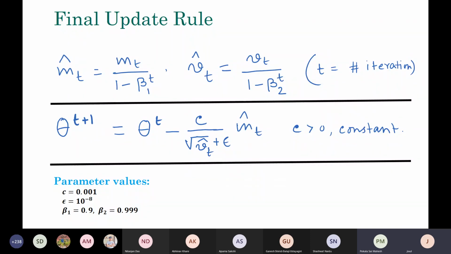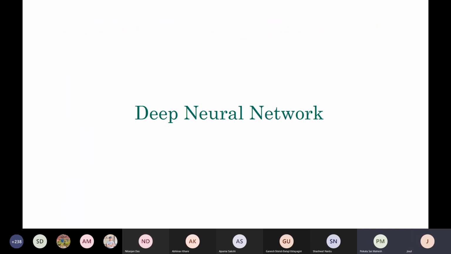All right. So now we try to talk about deep neural network stuff. In the next few lectures, I'm going to talk in detail about the fundamentals of deep neural networks: what they can do, how you train the networks, and so on and so forth.